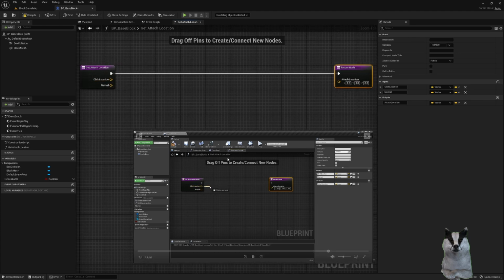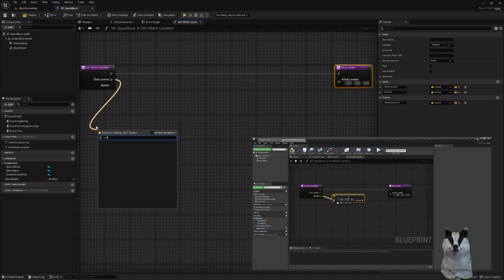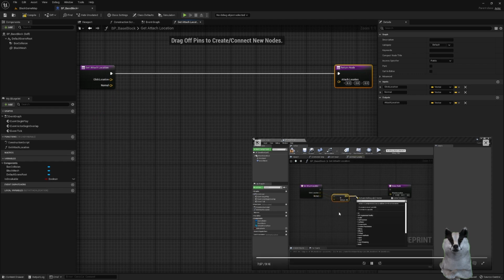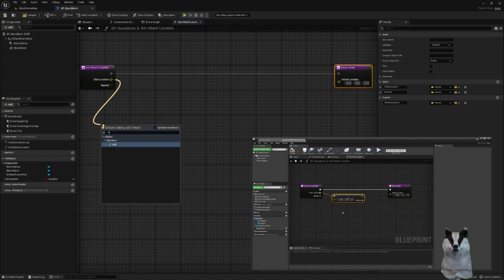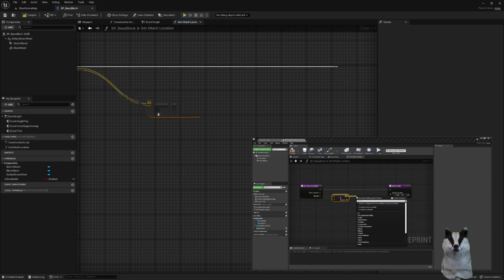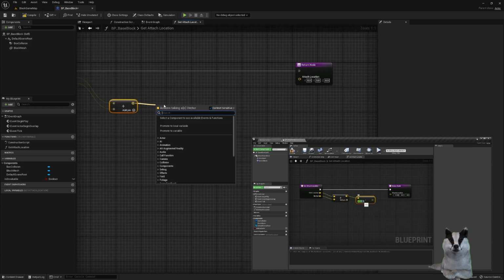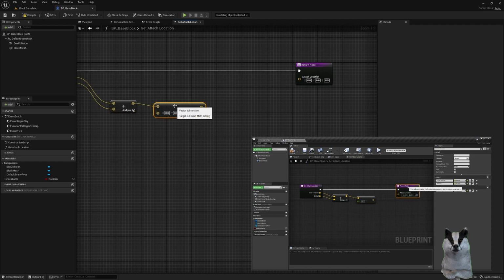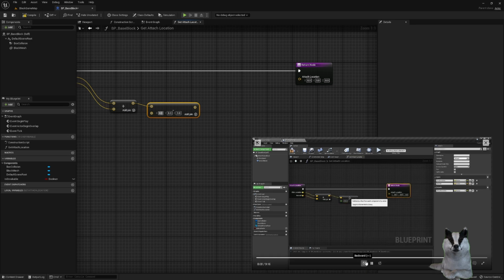So the math looks like this. We're going to drag off the click location, press plus, and do a vector plus vector, and add the normal to the click location. We're then going to drag off of the sum of those two vectors and type minus, and vector minus float, and type in 50 here. We're going to subtract 50 from each of the three axes in that vector. We're going to take the result of that, drag off of that, and we're going